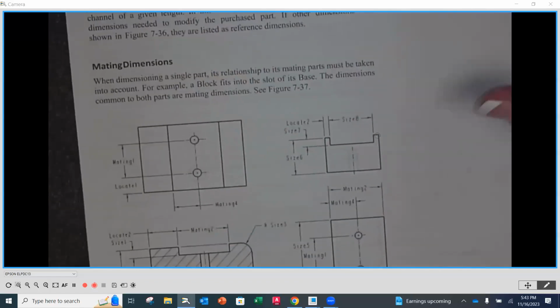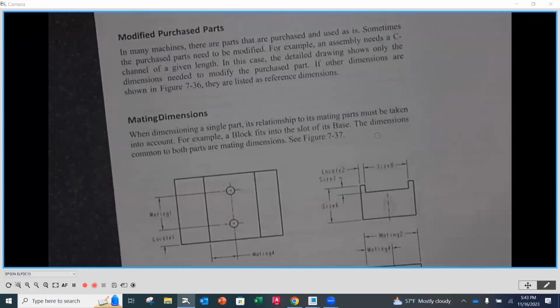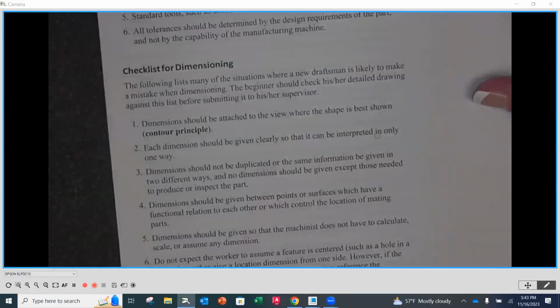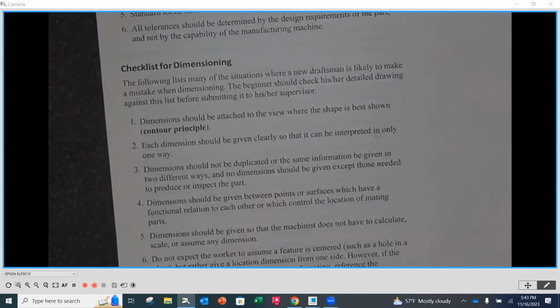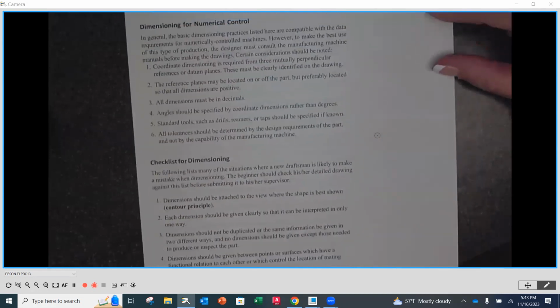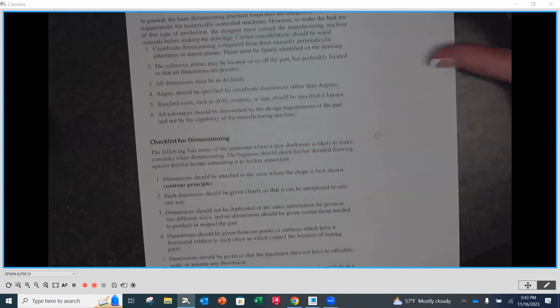And trying to think if there's anything else. I'm just kind of trying to see what we have here, if there's anything else that jumps out at me. So I don't think so. Now at the very end here, starting on page 219, you're going to notice that